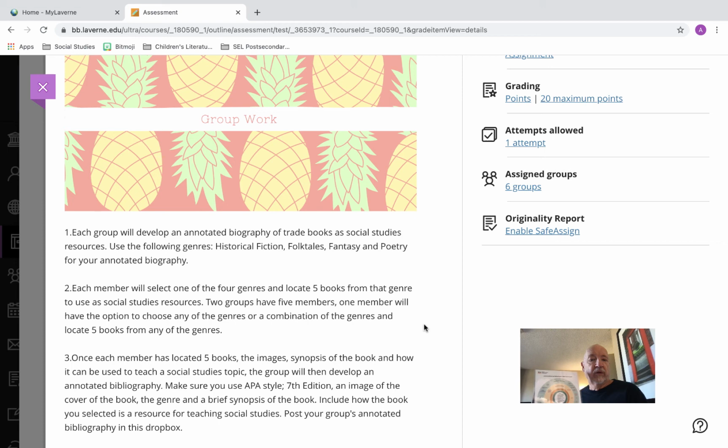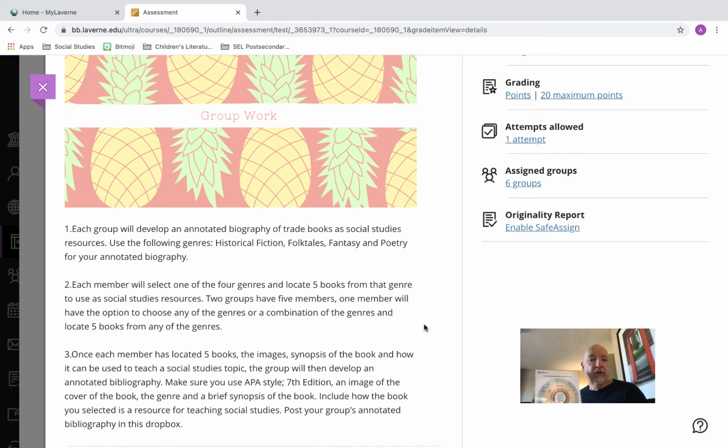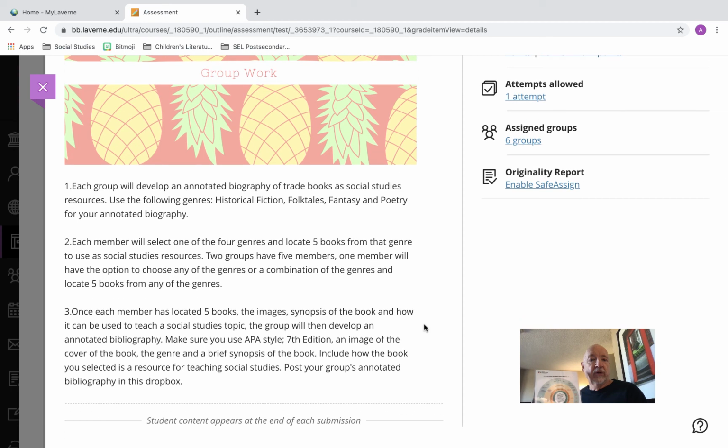APA style, 7th edition. You're going to find an image for the cover of the book. You're going to share what genre you think it is, and you're going to have a brief synopsis of the book. And then you also need to include how the book you selected is a resource. Your group is going to put that all together so you have all 4 genres within one document, and try to find maybe a creative way to present that other than a Prezi or a PowerPoint, a Google Slide,